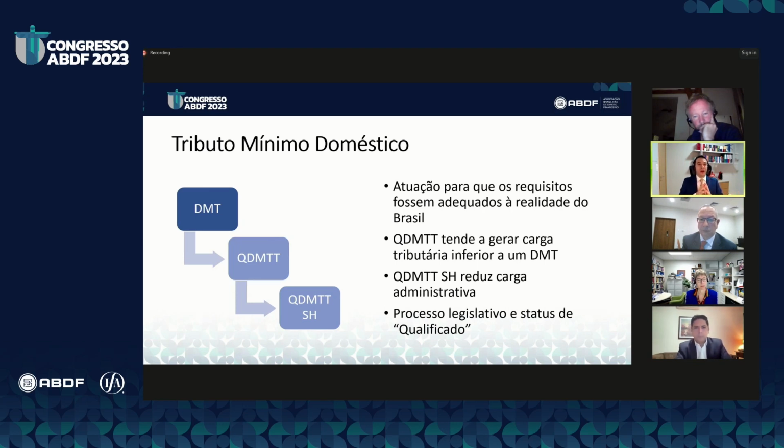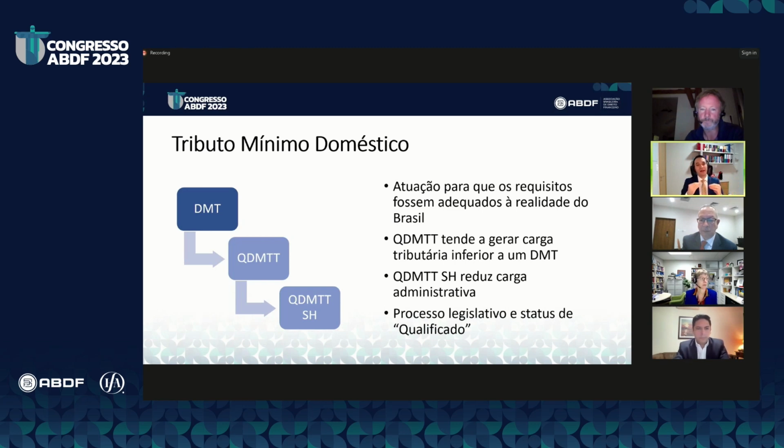Com o QDMTT Safe Harbor, eu consigo reduzir essa carga administrativa relativamente aos cálculos da jurisdição que implementa o QDMTT e que atende os requisitos para ser um Safe Harbor, porque, sendo um Safe Harbor, o grupo multinacional não precisará calcular top-up tax daquela jurisdição, porque o top-up tax para fins de IIR e UTPR será considerado zero. Então, o Brasil trabalhou junto ao secretariado e junto aos demais delegados para que tanto o QDMTT Guidance quanto o QDMTT Safe Harbor